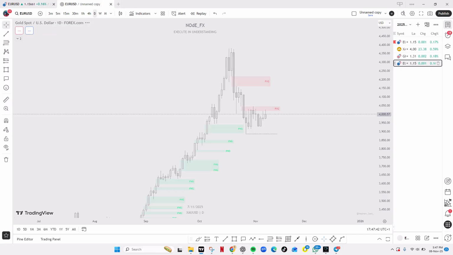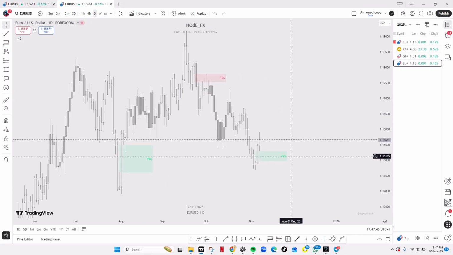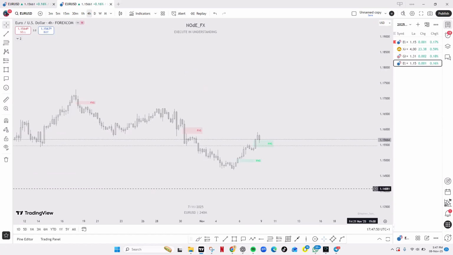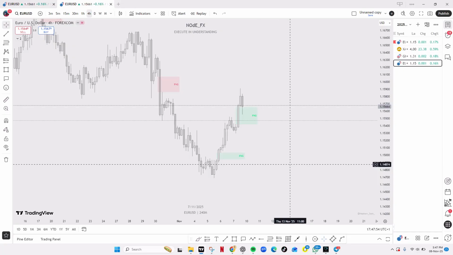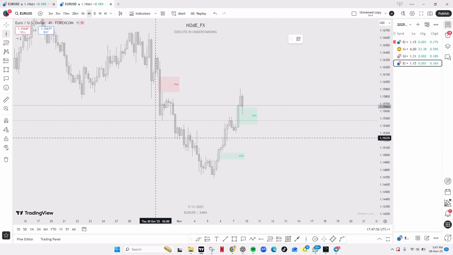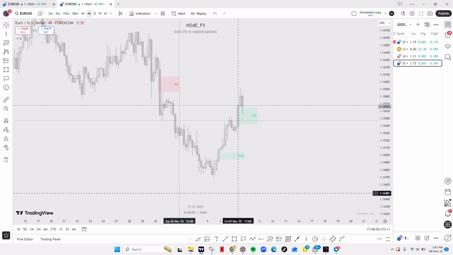So this past week on EUR/USD did not really give us anything good. Nothing good came out from this week. Honestly speaking, it might look as if I'm just trying to shade, but it's not really shading because this week did not really give me that much. All that happened was that I just left my swing trades to continue to play out.